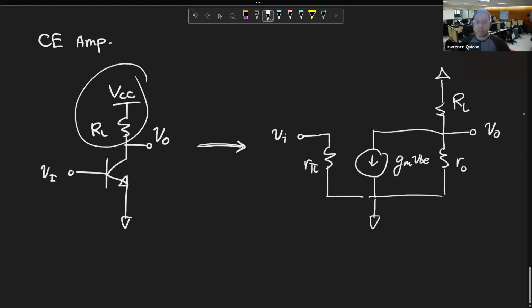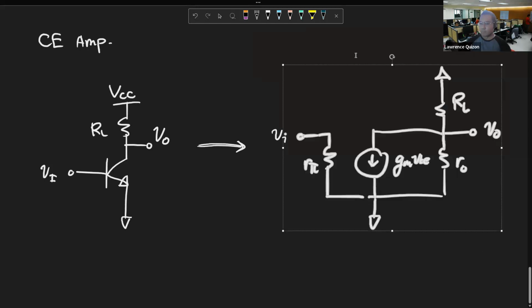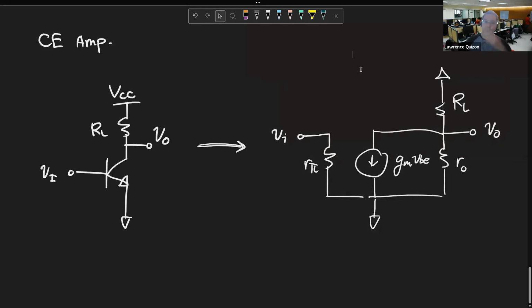So RL turns into RL, VCC turns into ground. All right? So any questions about how we got this small signal equivalent? All right. So kung wala,